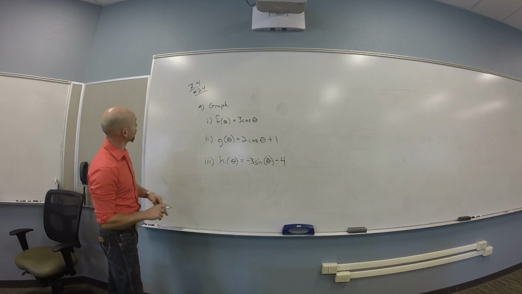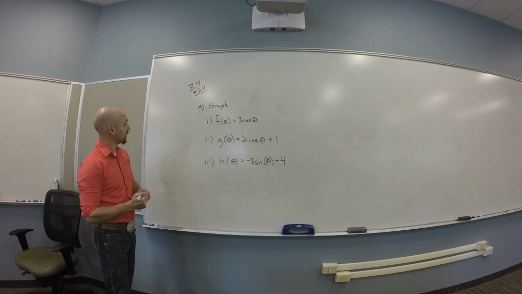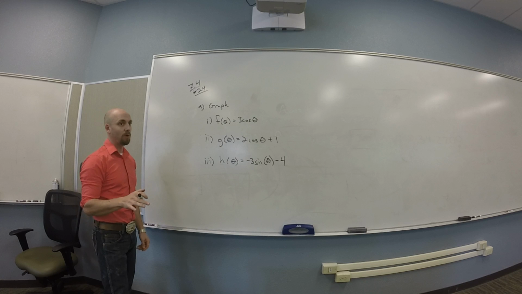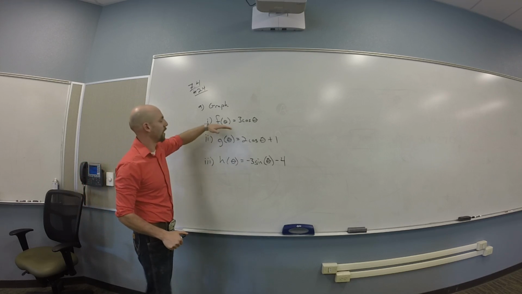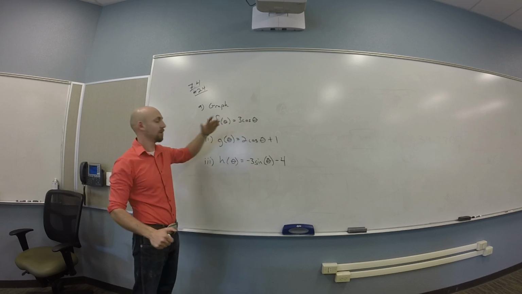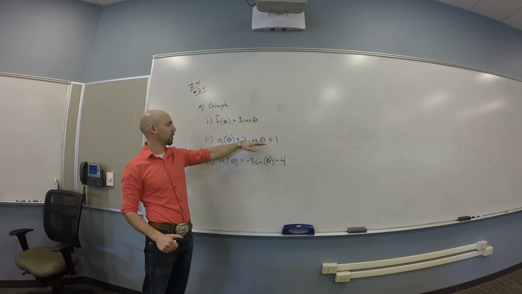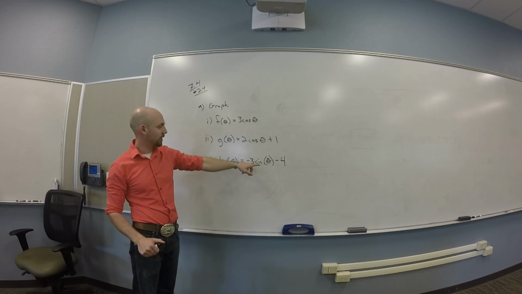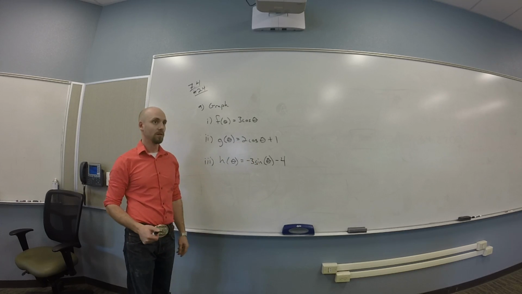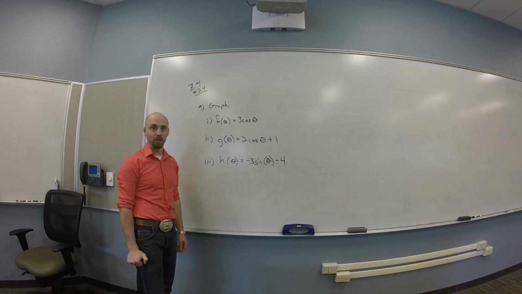All right, so starting 24 and 7.4, first thing they want me to do is graph 3 functions. Those functions are f of theta is 3 cosine theta, g of theta is 2 cosine theta plus 1, and h of theta is minus 3 sine of theta minus 4. Okay? So how do you graph? What's your tools? You look at these and you say,